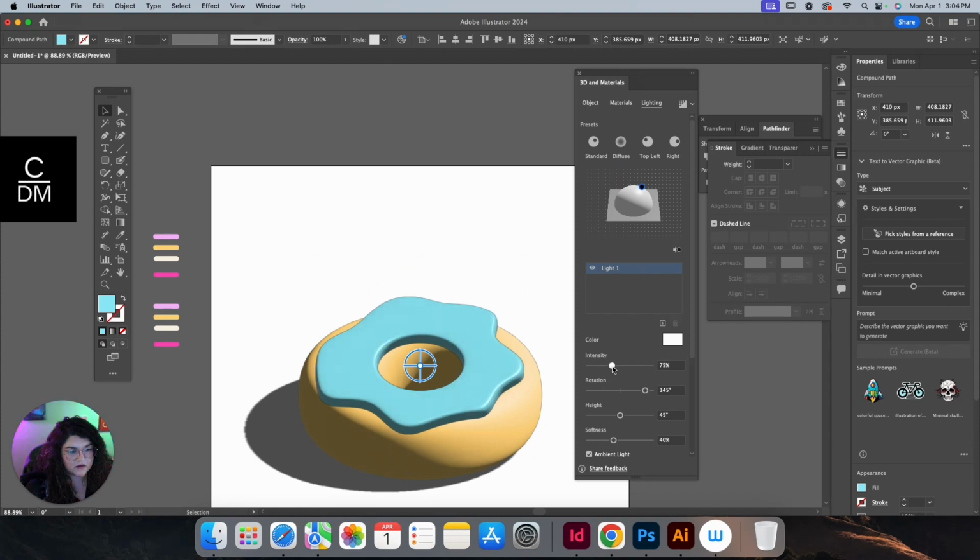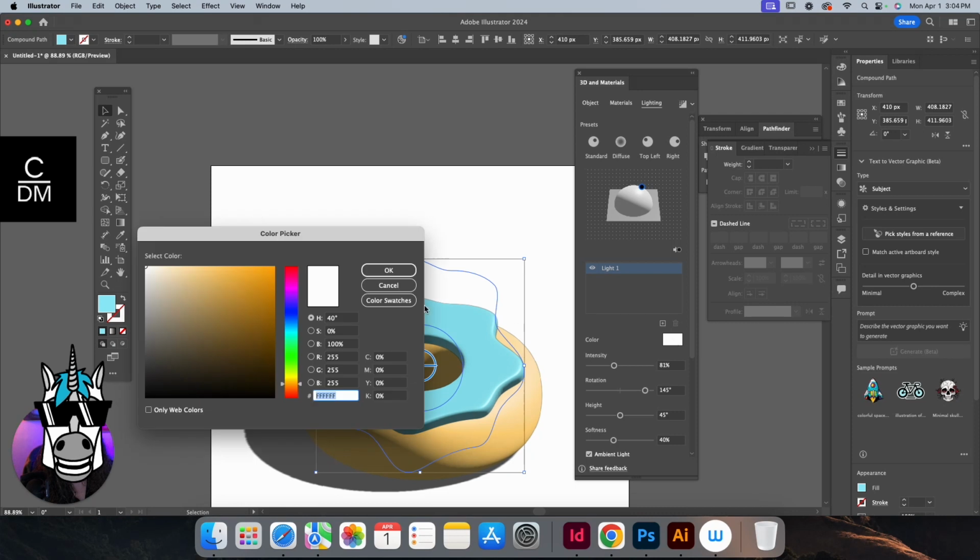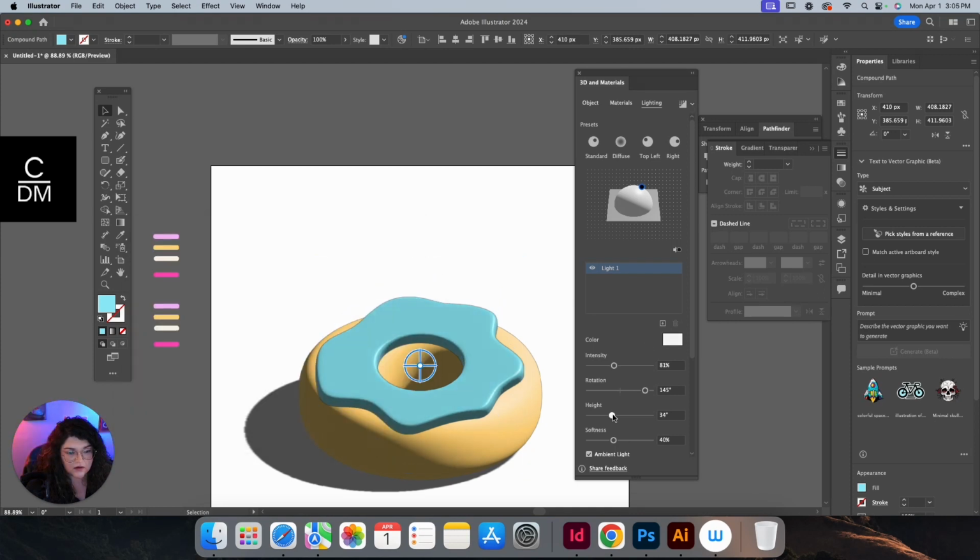Lighting. Maybe right there. So really we would want the same lighting because, you know, the icing's on top of the donut. So intensity 97, rotation 90, the height 48, which is soft 90, and then